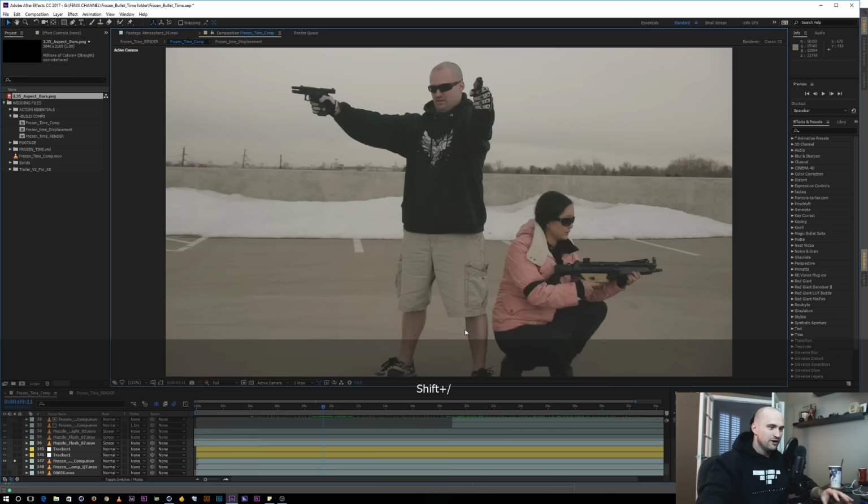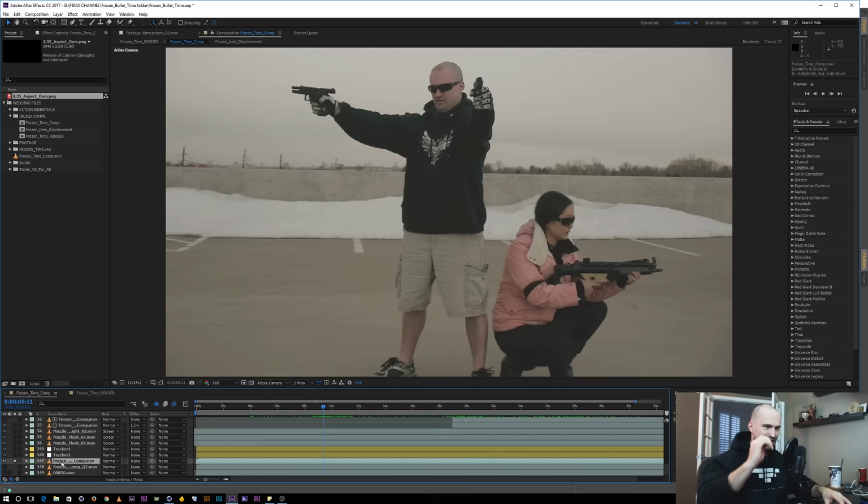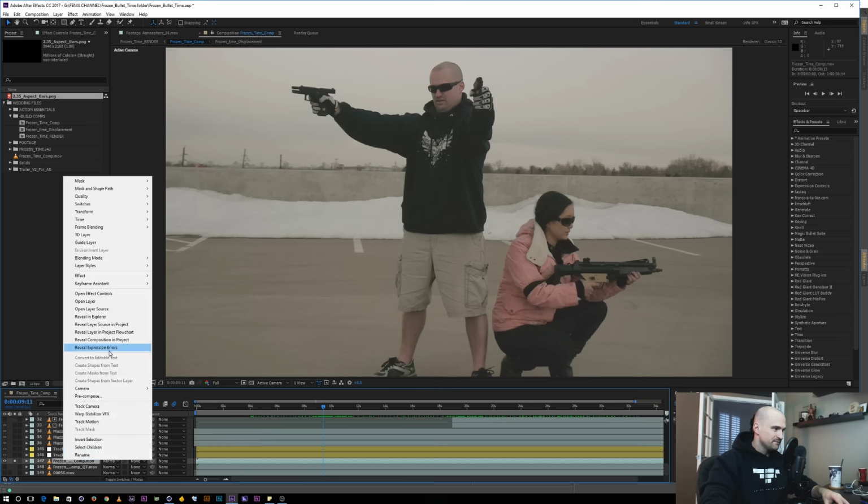Back when I originally did this 5 years ago, I did the 3D tracking in Syntheyes because that's all I had available. But now that we have the camera tracker, let's go ahead and get a 3D track on this so we can start getting some points of where we're going to add in our muzzle flares and our bullets and our bullet trails and everything. The easiest way to do that is just right click this guy,